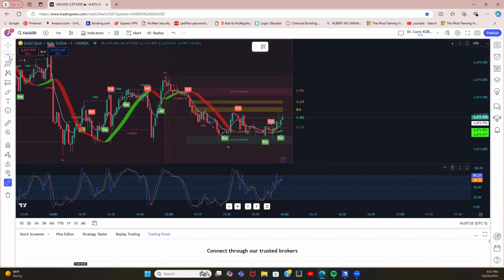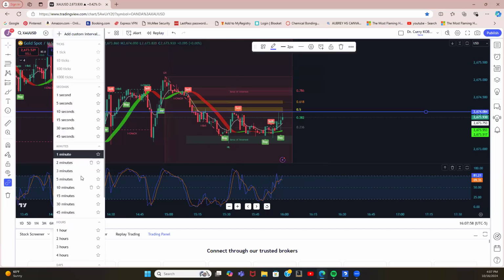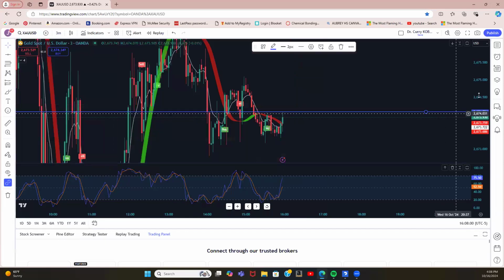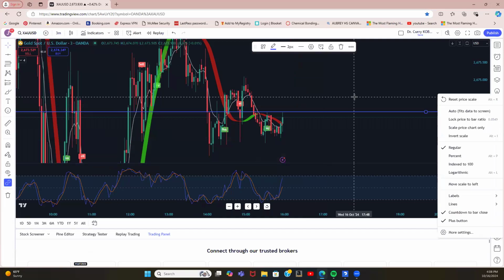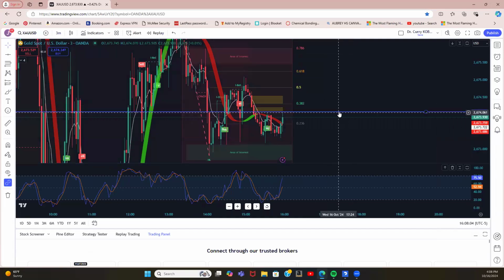I'm going to mark resistance. And I'm above my color on the 3 minutes. So I move up. My resistance is still there. Stochastic is still pushing. I need the market to open and see what's going to happen. If it reverses,